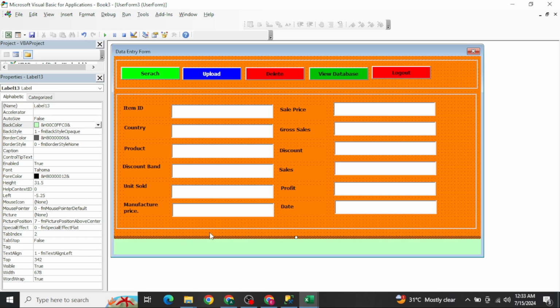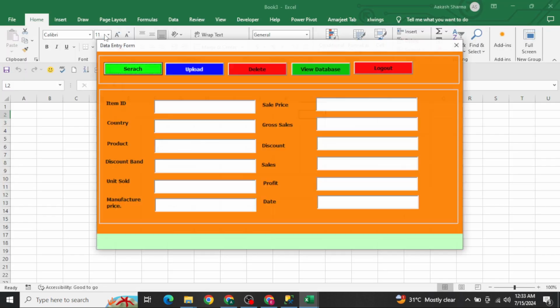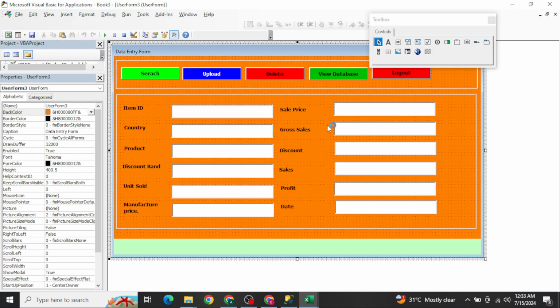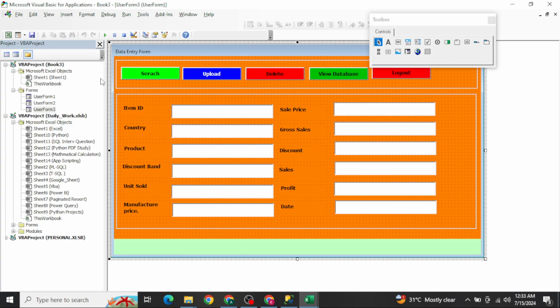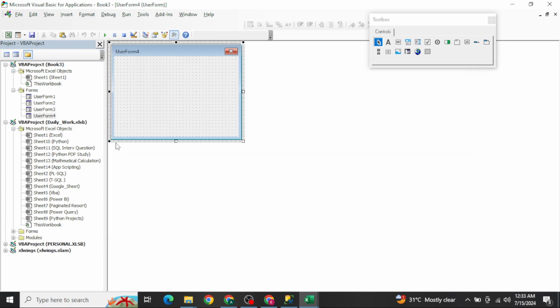Okay, so now you see, if I show you, it is really looking like a professional data entry form. But unless we write the code, we will not get that much excitement using this tool. So we will do that as well. But the three forms we have created so far, and the last one is the database, where you guys can see the data. So create one more form here, Alt I U, and